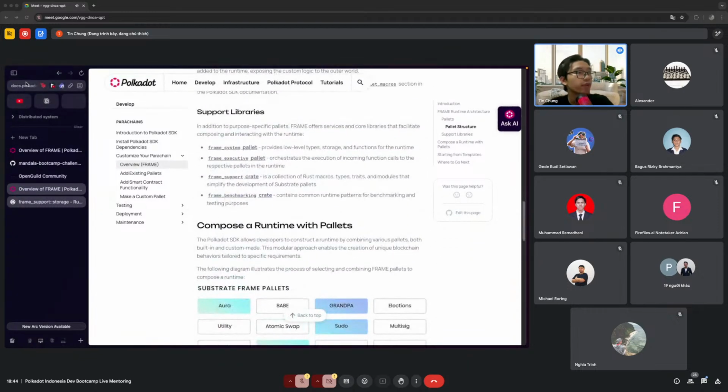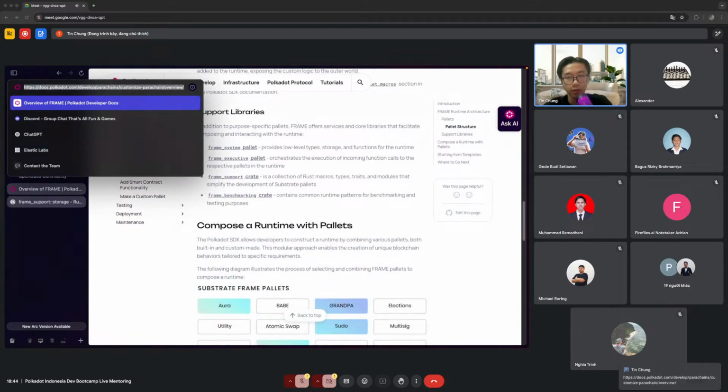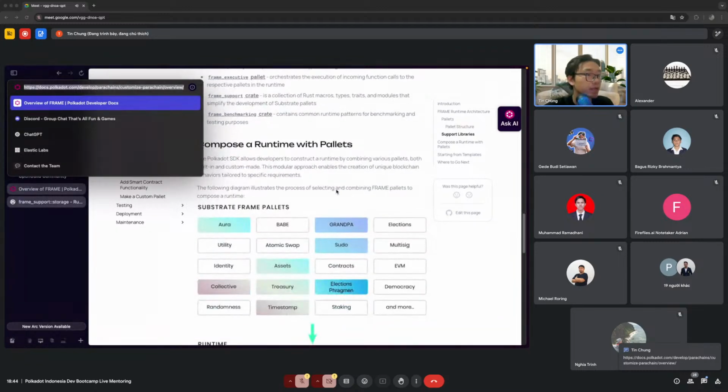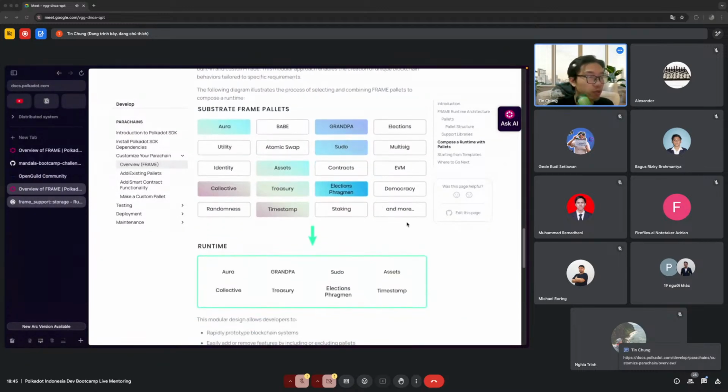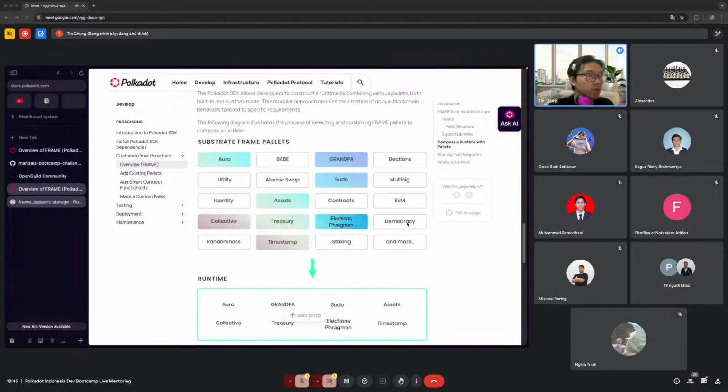Yeah, I think this document right here is already quite clear. Maybe you guys should spend some time to read that. Some common runtimes we already cover: sudo, the pallet that allows you to call any dispatchable as a super user,